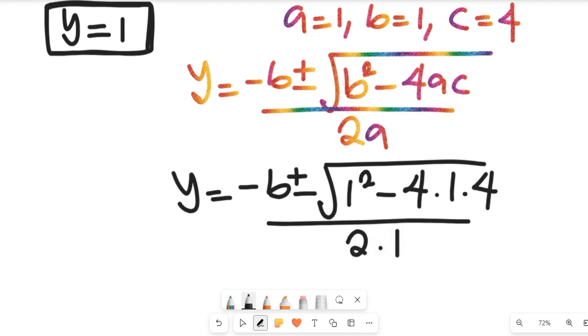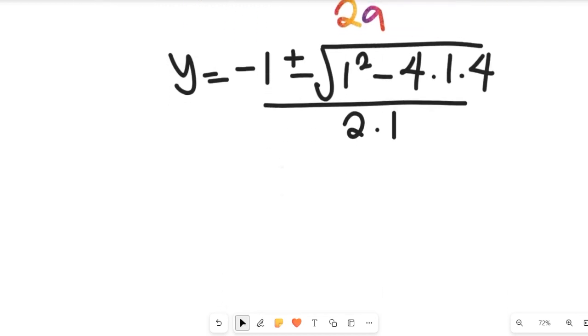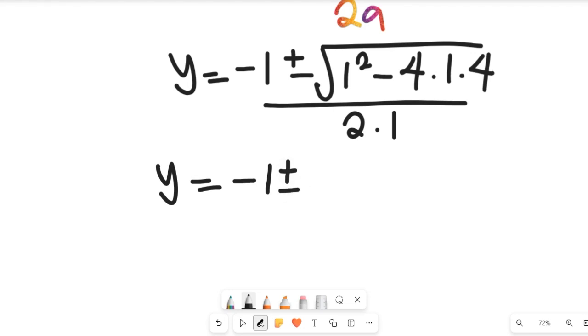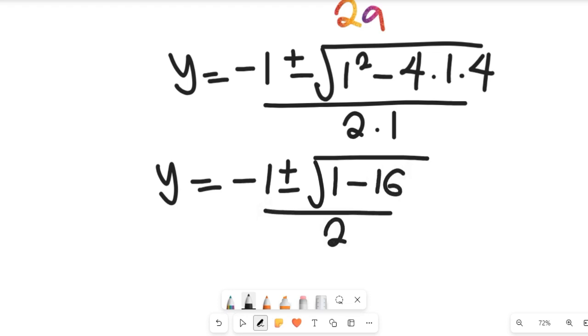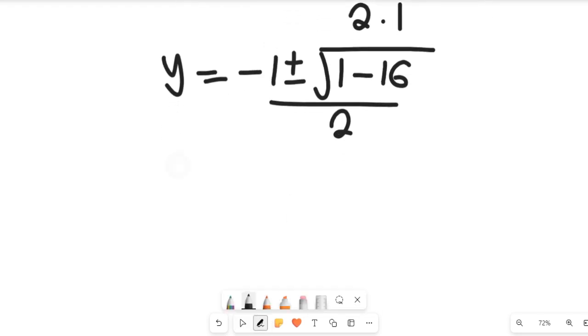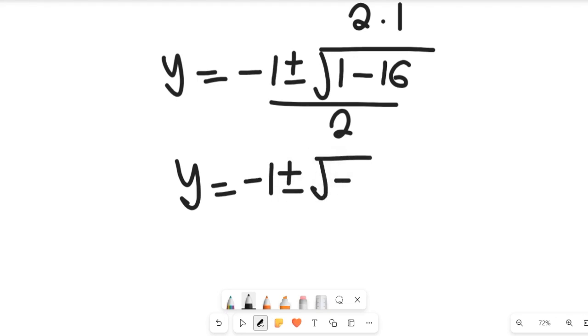Now recall that b is negative 1. So y will be equal to negative 1 plus or minus the square root of 1 minus 16, divided by 2. So we'll have y equal to negative 1 plus or minus the square root of negative 15